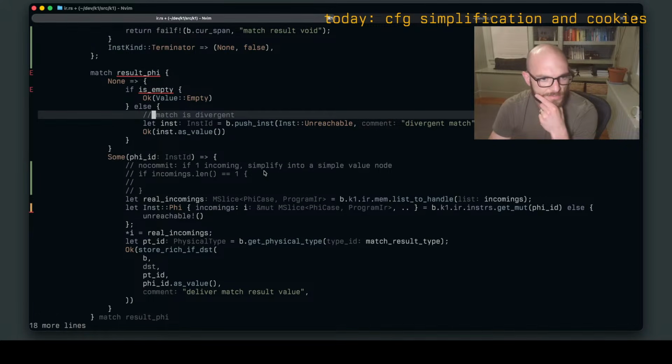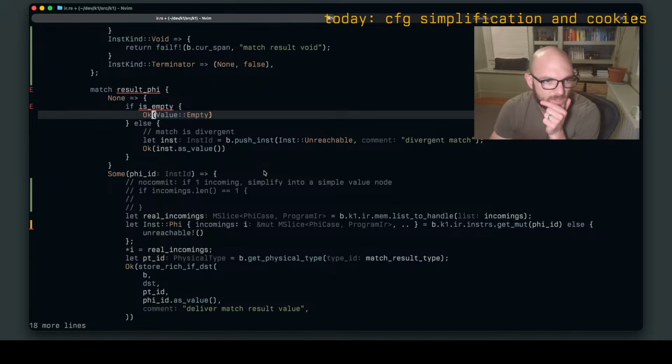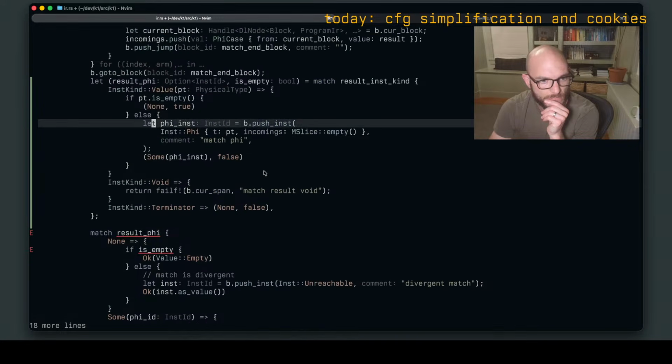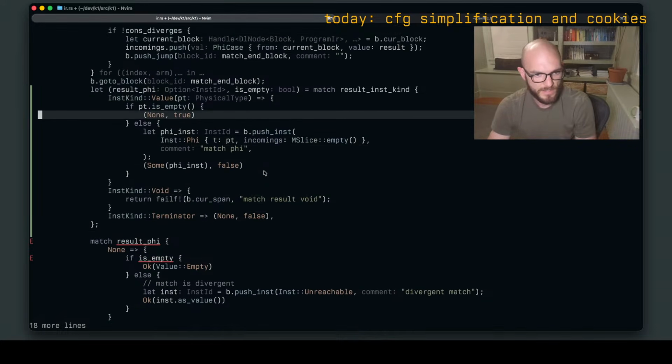what were we doing before? We need to produce a value at the end, right? So it's empty, it's just